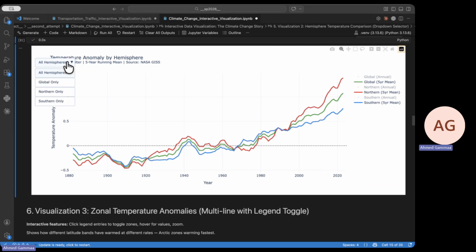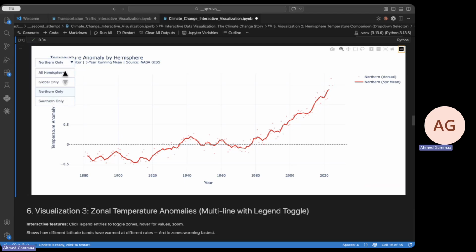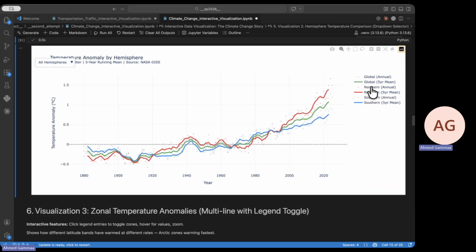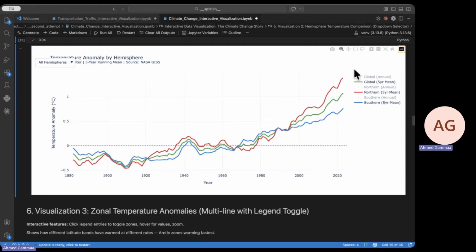Also here, it has this dropdown. I can choose global only or north hemisphere only. But since I want to compare, let me put all of these. Let me hide those and focus on the running average. Generally, the northern hemisphere has, let me say, a bigger temperature anomaly compared to the southern and compared to the global, and at the same time,